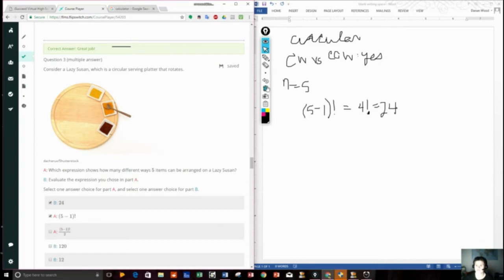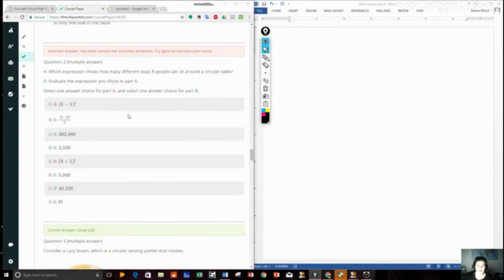Great job. All right, question 2. Which expression shows how many different ways 8 people can sit around a circular table? Evaluate the expression you chose in part A. All right, circular table. So it is circular again. And does clockwise versus counterclockwise make a difference in our order of permutations? And that's a yes. Because we're dealing with people, and even if you have the same 2 people next to you,